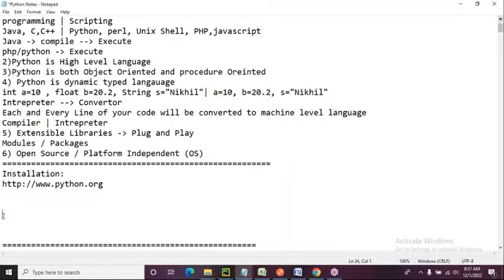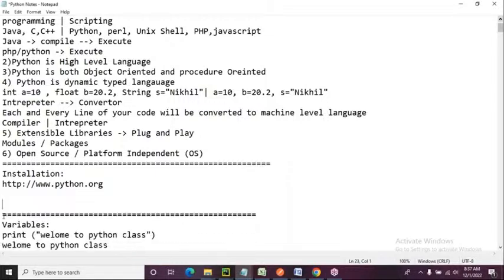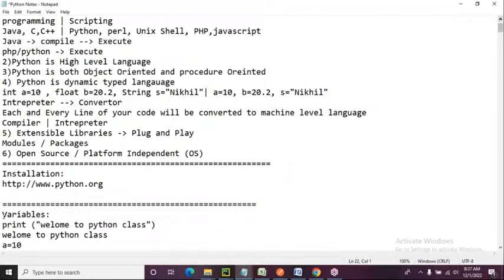Okay, you understood, right? So in Python, what you need to understand is that Python is dynamically typed, because you're not providing it pre-declared. That's why you're typing it dynamically. So that means it is a dynamic type language. Very important. And the fifth point, extensible libraries. This is very important, and everyone should understand it. Python has